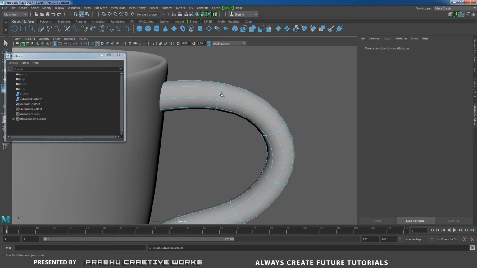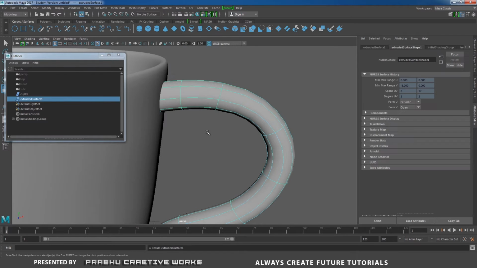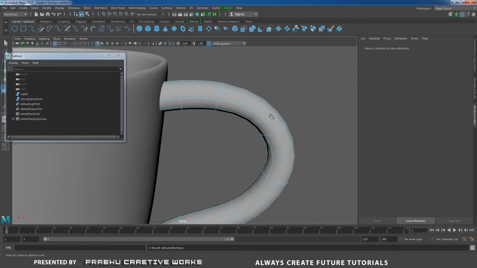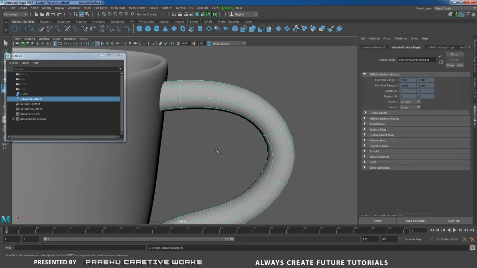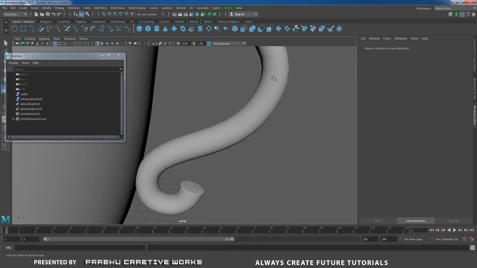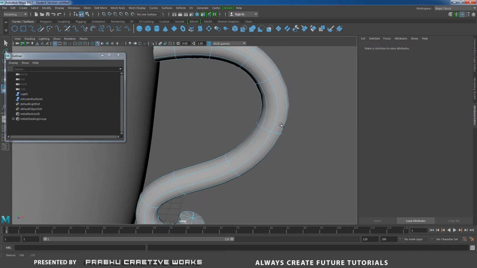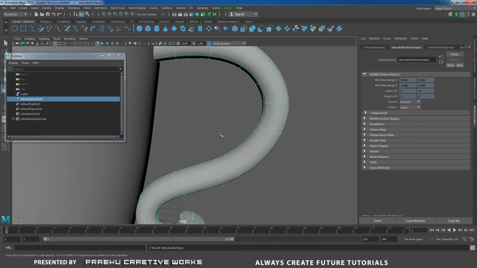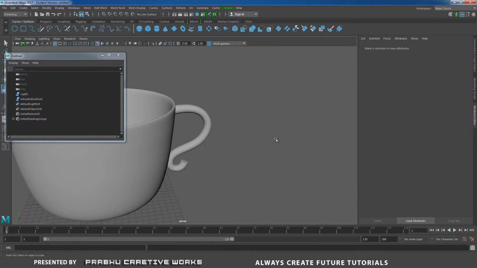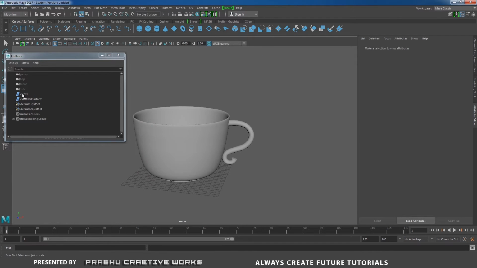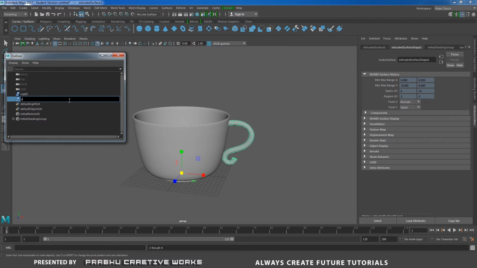Right click and choose isoparm and surfaces and choose insert isoparm. So you want to add some more resolution and choose insert isoparm. So that means it gets a smooth shape. So I will do one more over here and go to surfaces and choose insert isoparm. So that's it. Now I want to rename this as cup